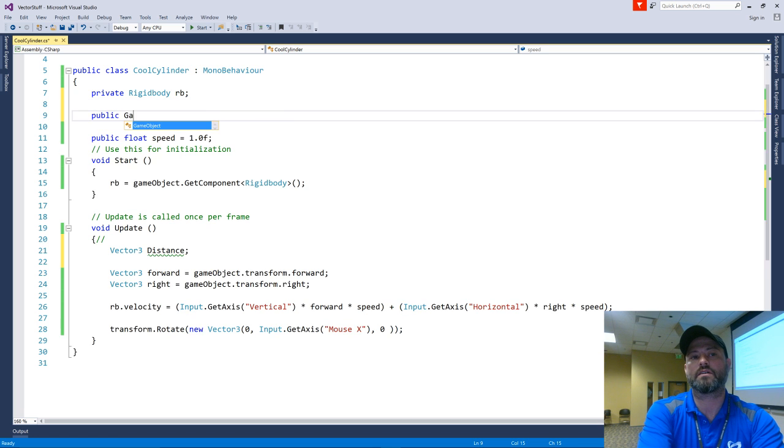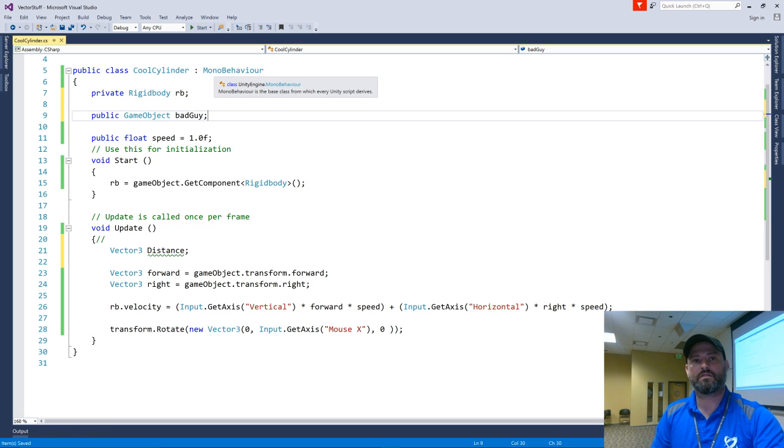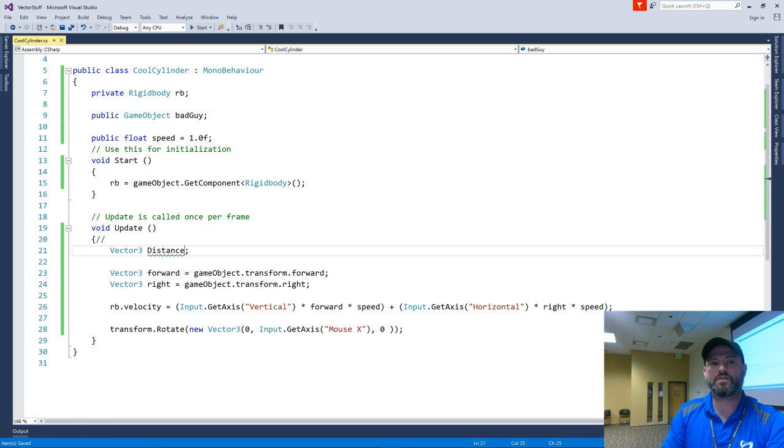Public GameObject, badGuy is fine. And so what I'm going to do is distance, I'm going to make this equal a vector. Remember, vectors have two parts. What are the two parts of a vector?